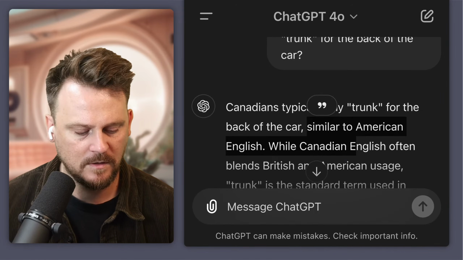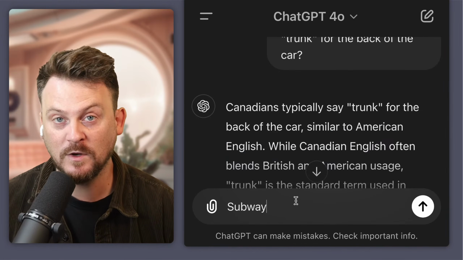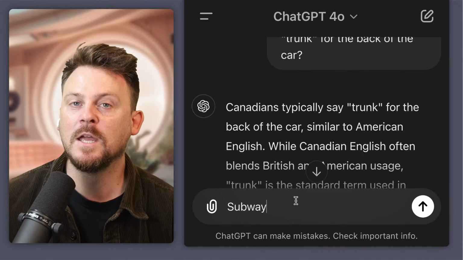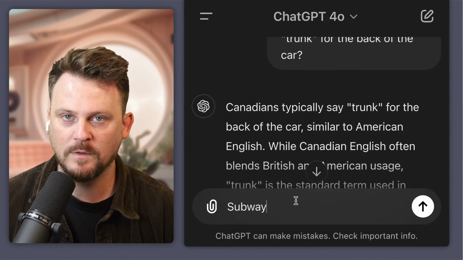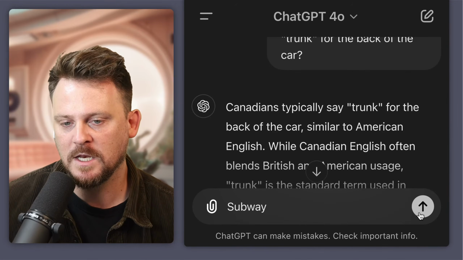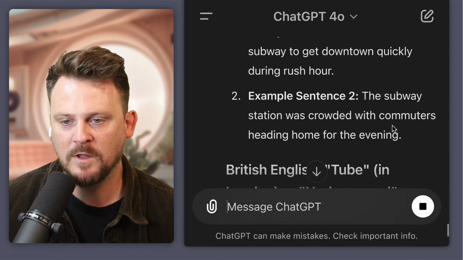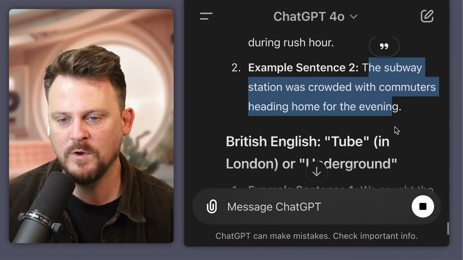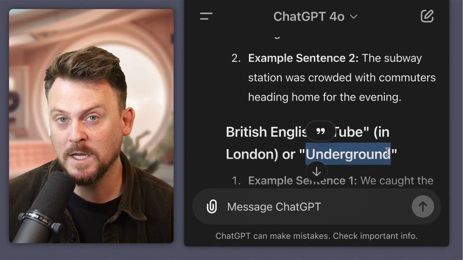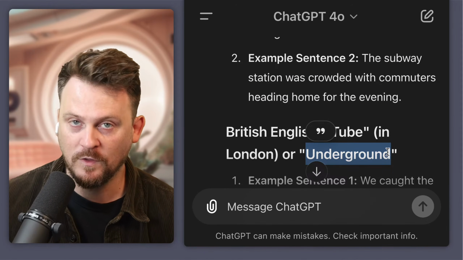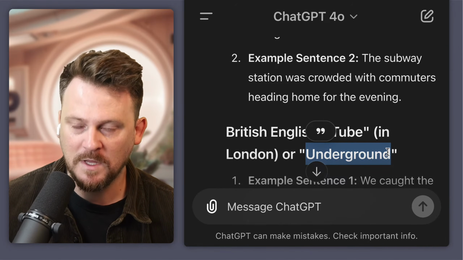And what about subway? As in, the subway is the train that goes under the ground. Yes, it's also a sandwich restaurant, but it's a train that goes under the ground. So, the subway. What do they call it in England? They call it two things, actually. In American English, they might say the subway station was crowded with commuters. Tube or underground. So I think more colloquially, the one in London is called the Tube. But in general, that concept would be the underground.